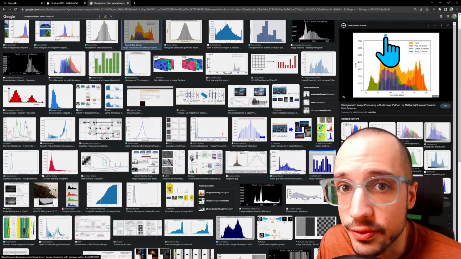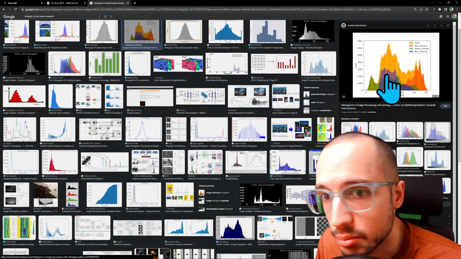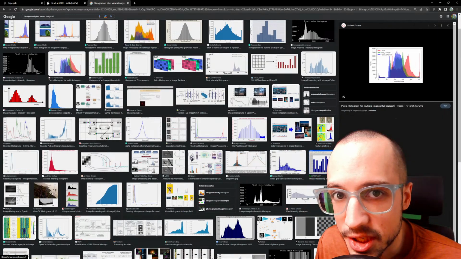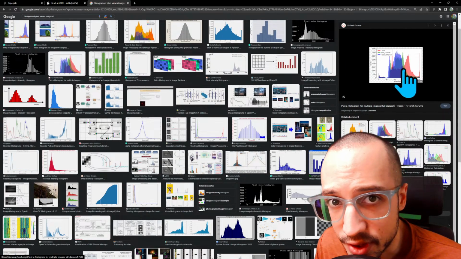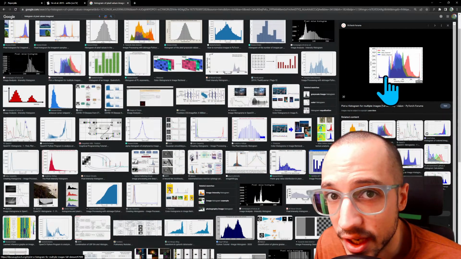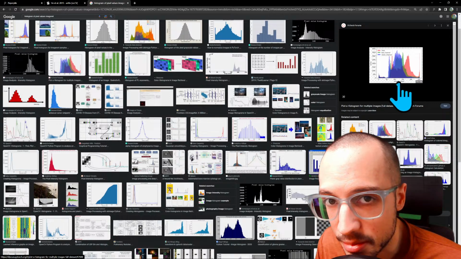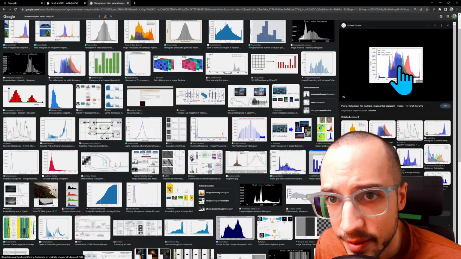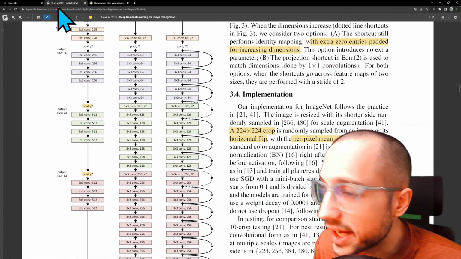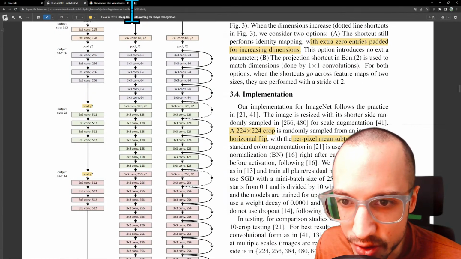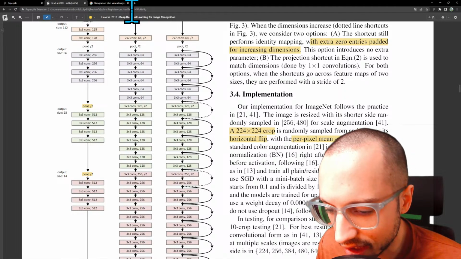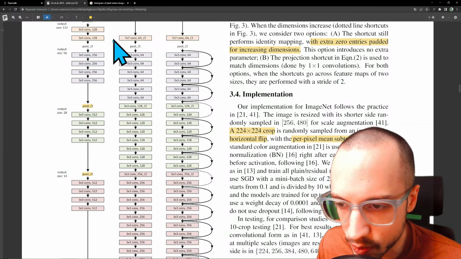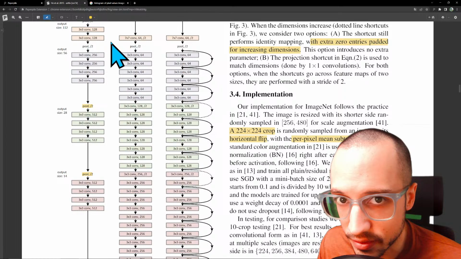So for ImageNet, or any kind of image, there's going to be different values for the red, green, and blue pixels. And these distributions are not going to be perfectly on top of each other. When you're training a neural net, you want everything to be as close to a Gaussian centered around 0 with a unit variance, right?